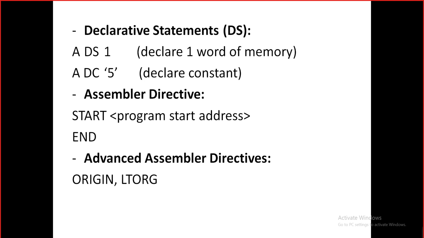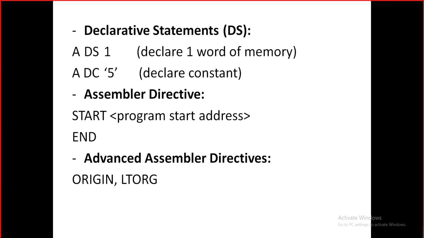right? For which addresses were not present. And when I encountered LTORG, the location counter was 205, for example. So what I'll do, in the address field for equal to 10, I will write 205, and in the address field of equal to 5, I will write 206. I will increment the location counter by 1, and I will write the address accordingly. Understood? So that is the use of LTORG.